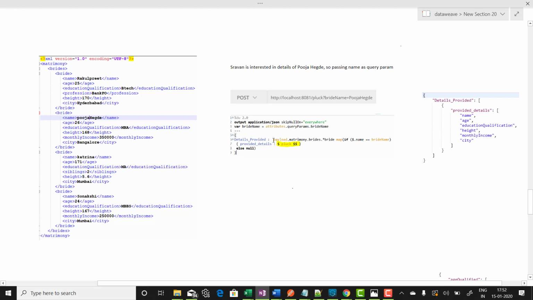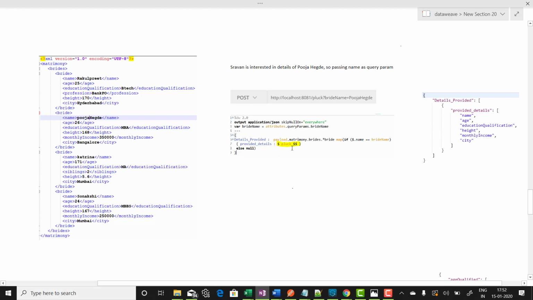And here I'm iterating over each bride, meaning the entire list of brides. And I have put a condition: if this bride name equals the name from the query parameter, and the condition is satisfied,